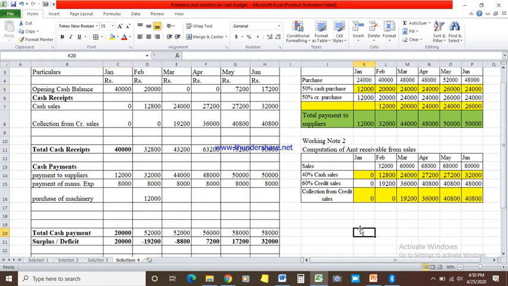So these are the 4 problems which will give you hands-on experience to understand and solve how cash budgets are prepared. So you can practice more problems on this one, and if you have any query, you can always send an email to my email ID,